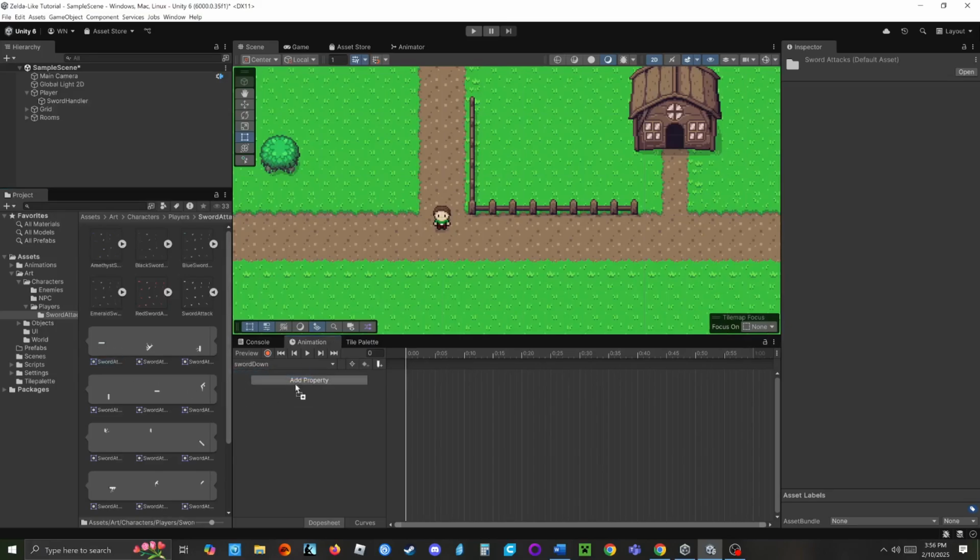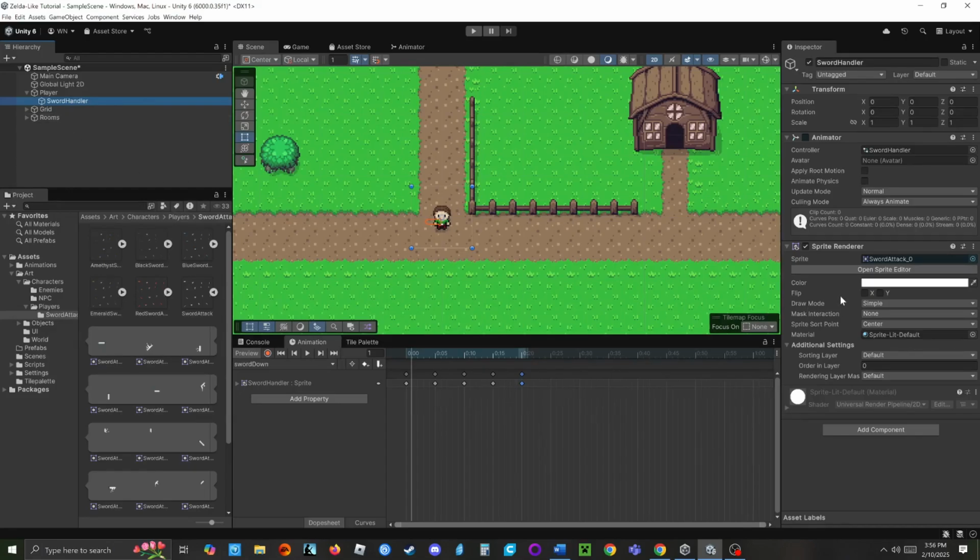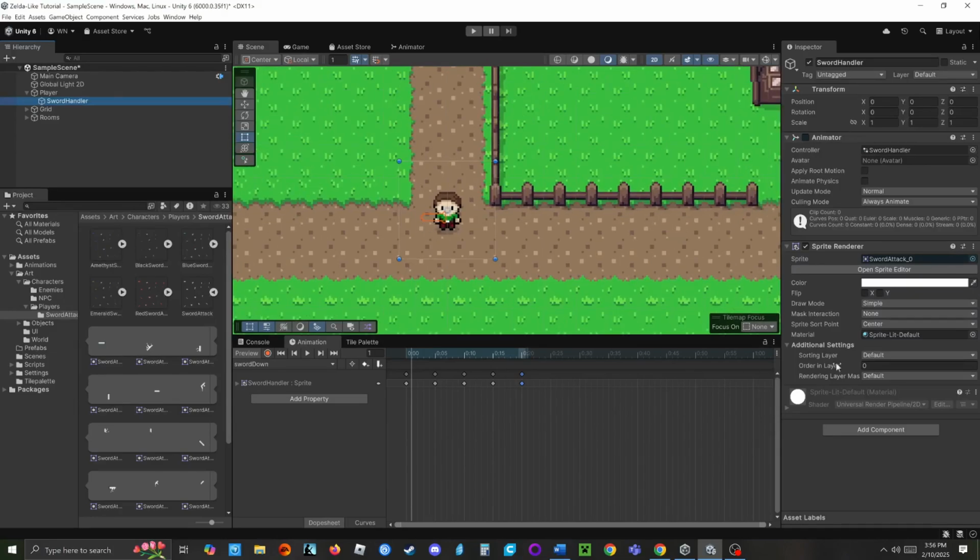But for sword down, we're going to take that one, this one, this one, and this one. And if you remember from when we animated the player, you want to add that last one twice. We can hit play real fast and it's not showing up. The reason why it's not showing up is if you go to the handler here, you can see that it's there, highlighted in orange, but it's not showing up